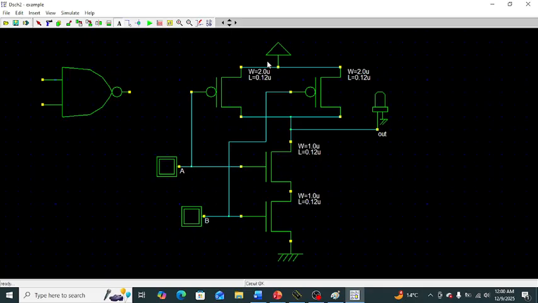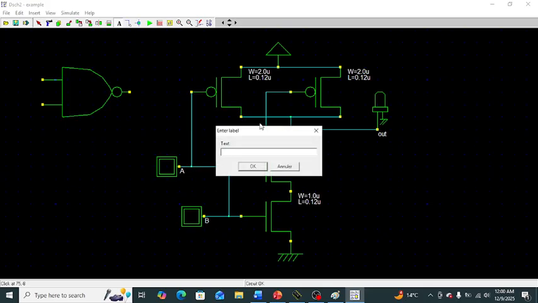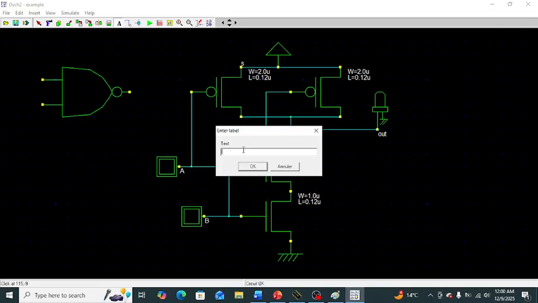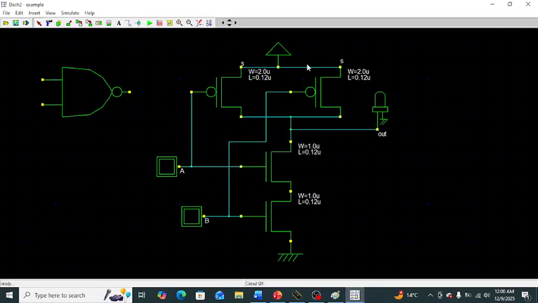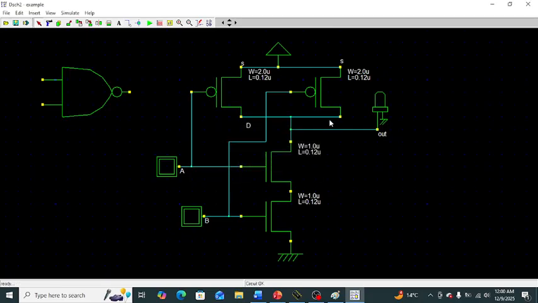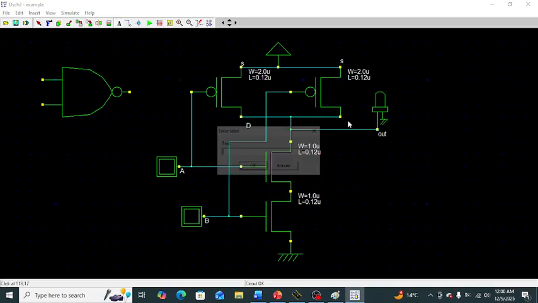This supply is always connected to source. That means this is the source terminal of PMOS. Both source terminals of PMOS are connected to VDD and both drain terminals of PMOS are connected to output.